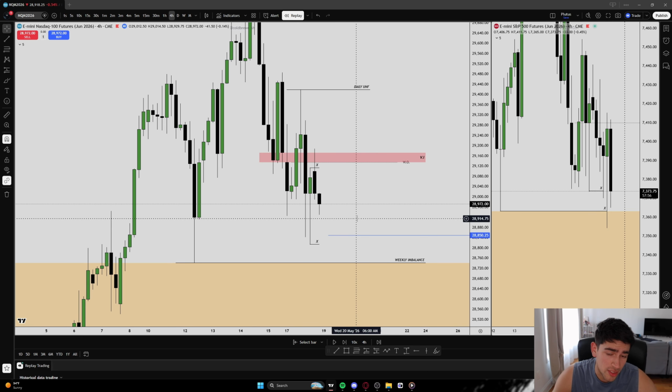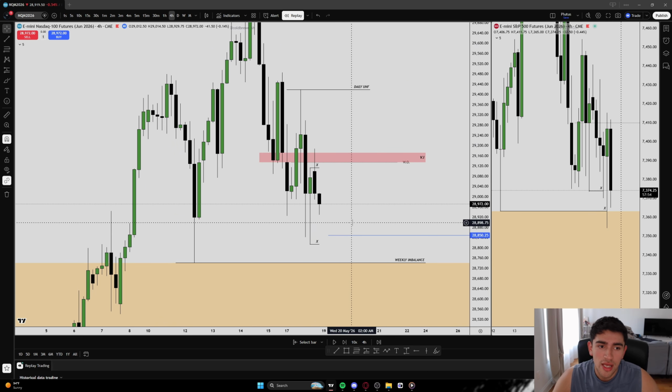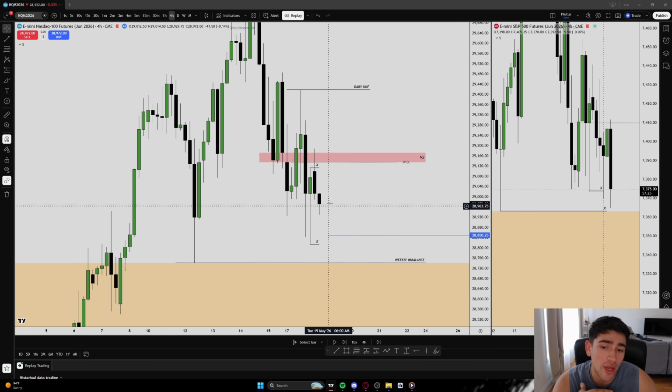Candle closures is something that I'm going to implement in my trading from now on. If I don't get a candle closure on the higher time frame, or if it's not a clear V-shaped recovery or a clear V-shaped IFEG entry or a clear candle close with displacement, I'm not going to take the trade. Because I've realized that from now on, the best trades come from candle closures on the higher time frame. Either we get a 1 hour sweep and it closes back in the range, or a 4 hour sweep, 15-minute sweep. There has to be some sort of CRT, which is candle range theory, which the way I see it